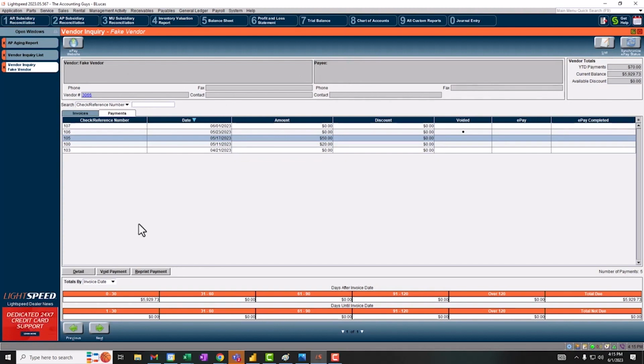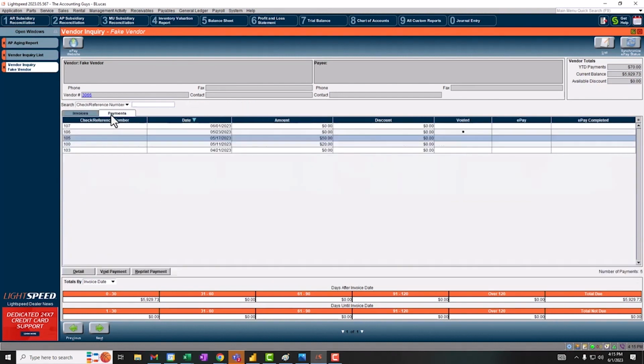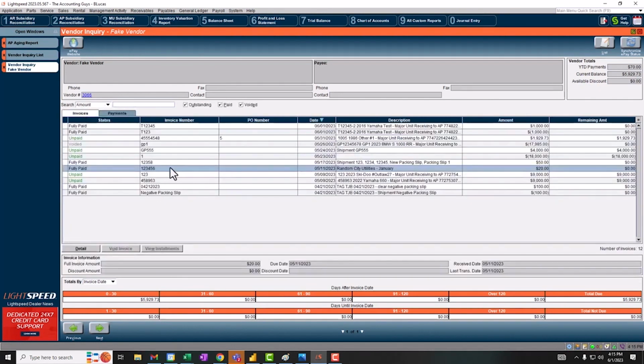So again, just a small recap. The quickest way to adjust accounts payable is going into the payable under Payables, Vendor Inquiry, jumping into the invoice and hitting the void button. If it's already been paid, you have to go to the payment screen, void the payment, then void the invoice. If you're not able to void it because it's attached to something that's gone through another piece of the system,